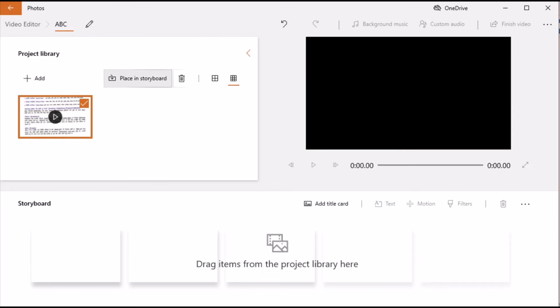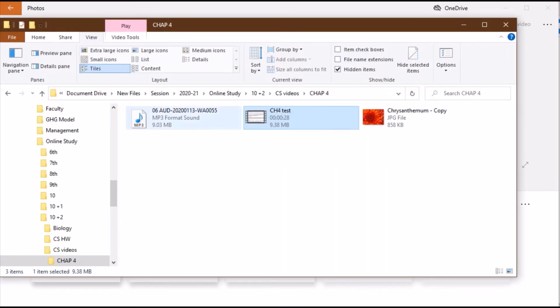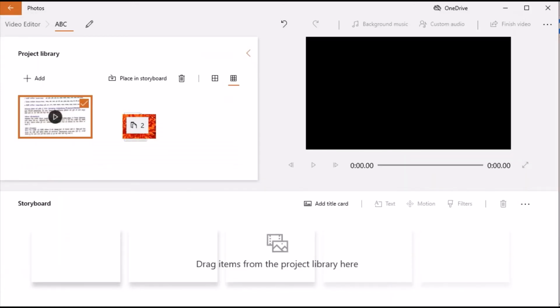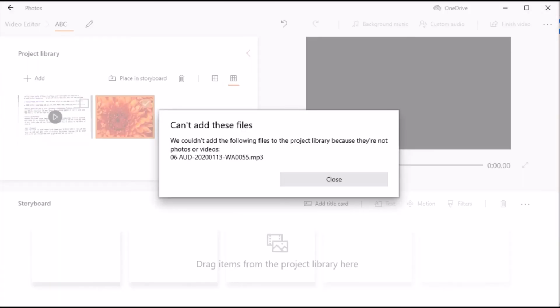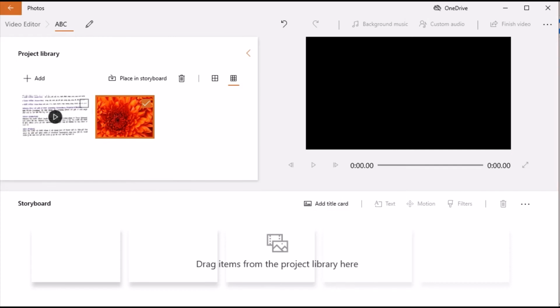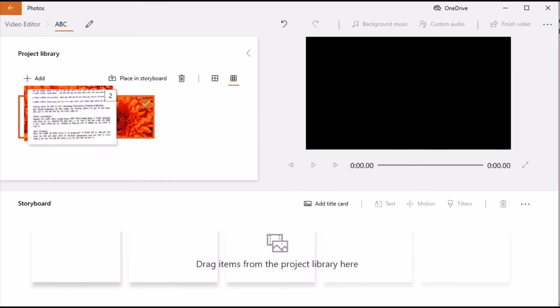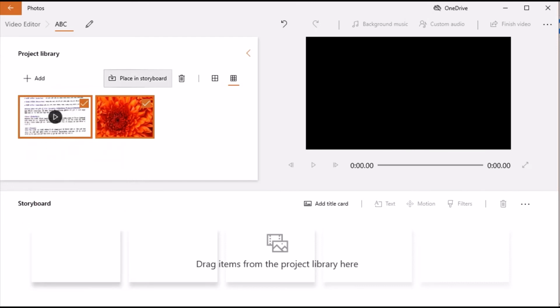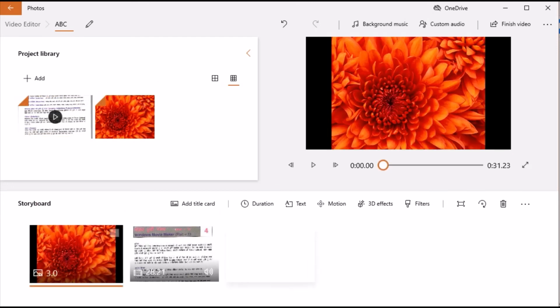I can then place this file, or I can drag these two together in here. Alright, now I want to add this here. Drag and drop, or either place in storyboard.